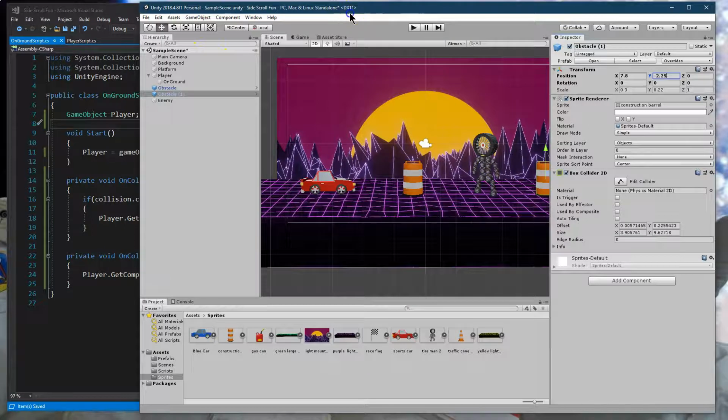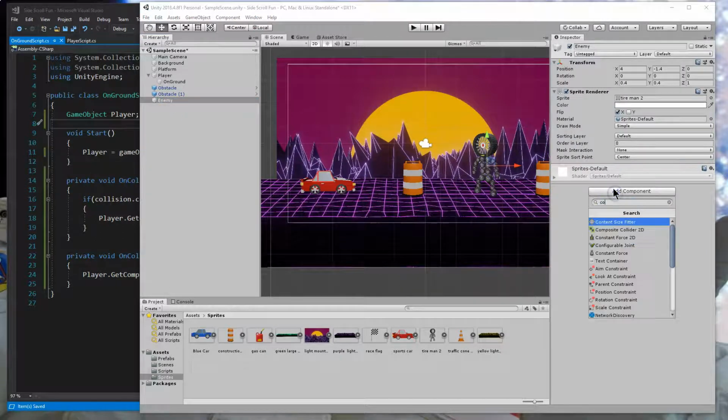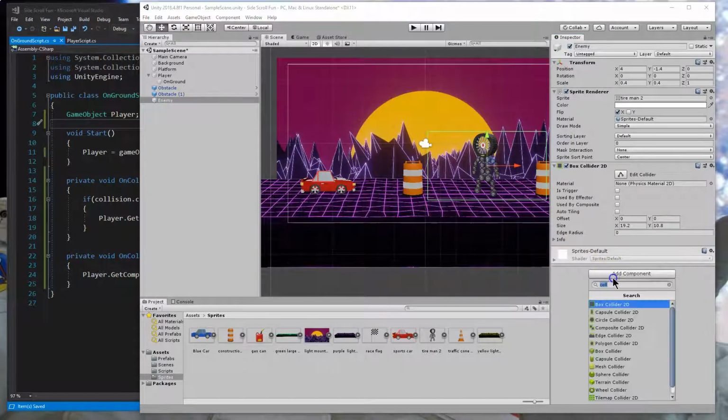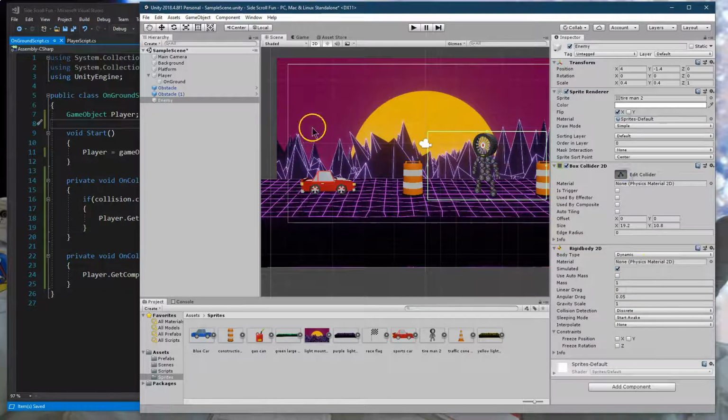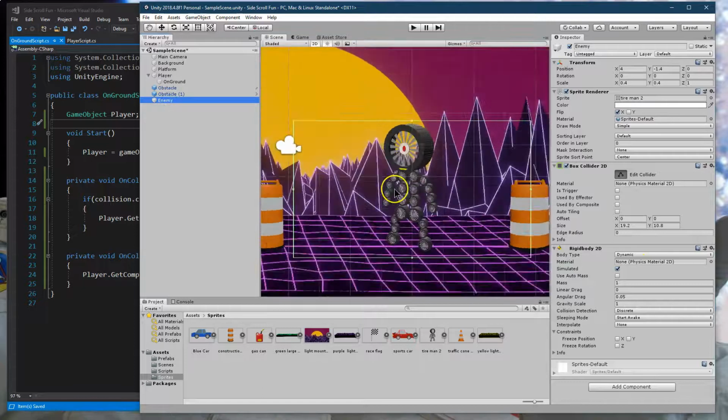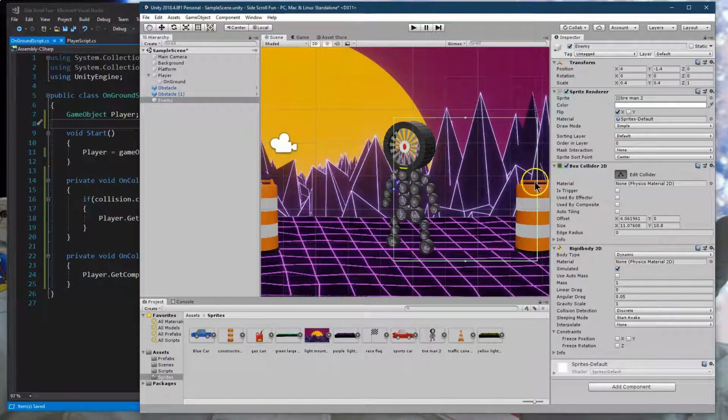Now we need to give him code. We want to make our enemy walk back and forth. To do that, though, we want to add some box colliders, great, and then a rigidbody as well, because our enemy will have some physics. Double click on enemy. And while I'm doing this, honestly, I'm going to add a way to detect if the enemy has been